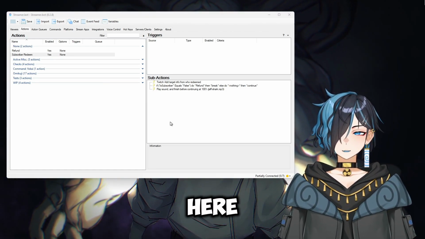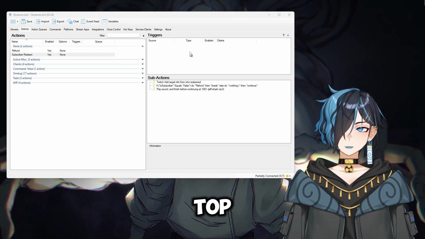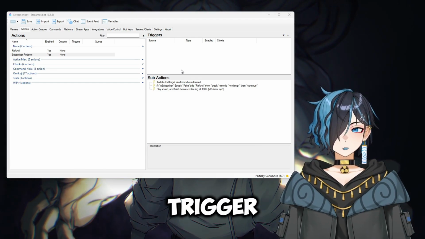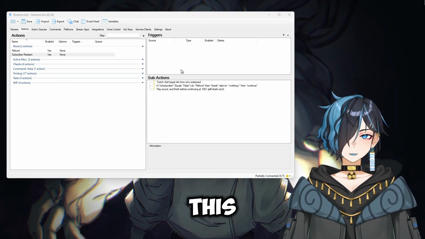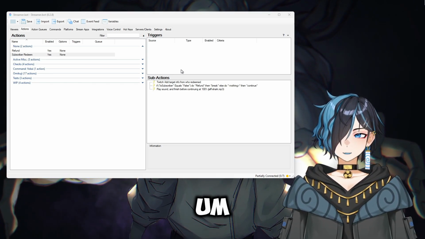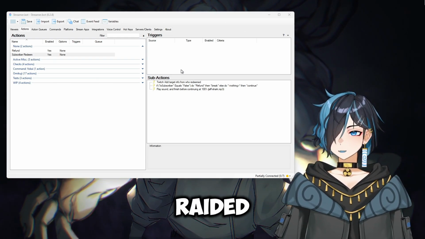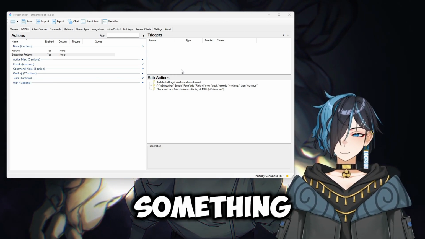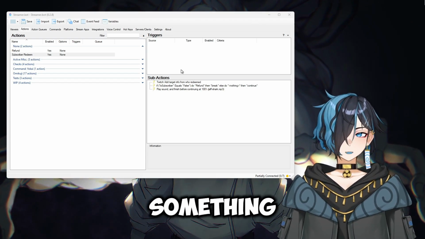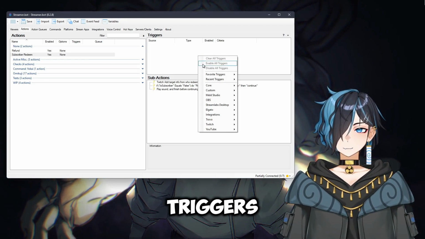The next step here is creating a means for it to trigger. So up here in this top box right above the sub actions area, you can add the thing that'll trigger it. So you can do a lot of things from this. Outside of this application that we're trying to make right now, the specific command, you could make it so that every time you get raided, something happens. So every time you get raided, it would do something, or every time some kind of word is said in chat, it'll do something. But for the sake of this, we're going to right-click into the triggers area,